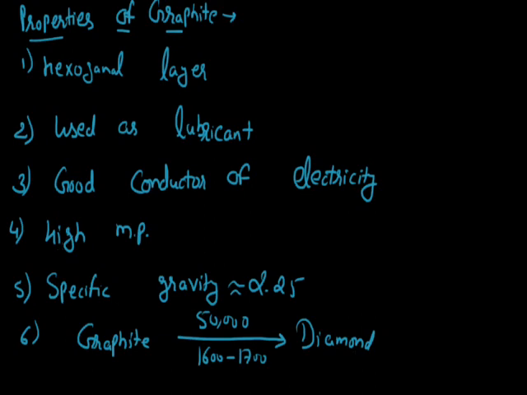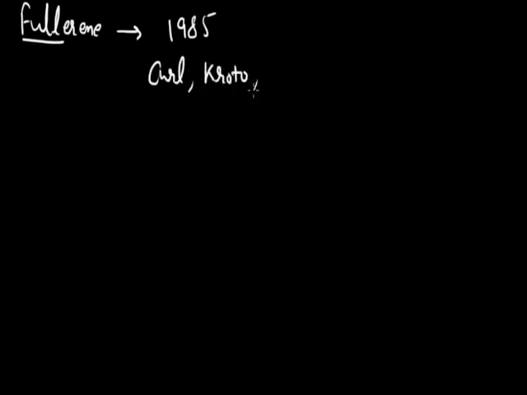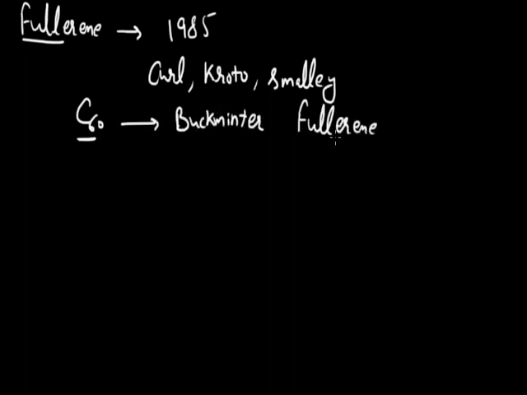Now we will deal with the last crystalline allotrope of carbon, that's fullerene. Fullerene is the most recently discovered allotrope of carbon, which was discovered in 1985 by 3 scientists named Robert Curl, Harold Kroto and Richard Smalley. Fullerene exists in different forms, but the most recently discovered form about which we have studied a lot is C60. This contains 60 carbon atoms. This form is also known as Buckminsterfullerene, and this can be explained on the basis of its structure.